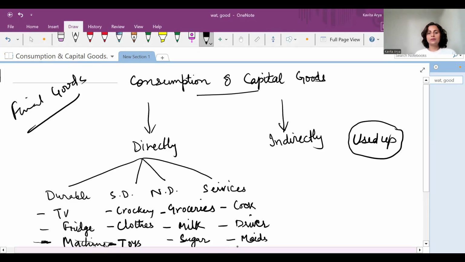When we talk about capital goods, what are capital goods? Accountancy students would be able to define it well. Anything which helps in further production. So these facilitate the production, and this enhances the production capacity of any firm. The best examples possible here are plant and building, land and building, plant and machinery.